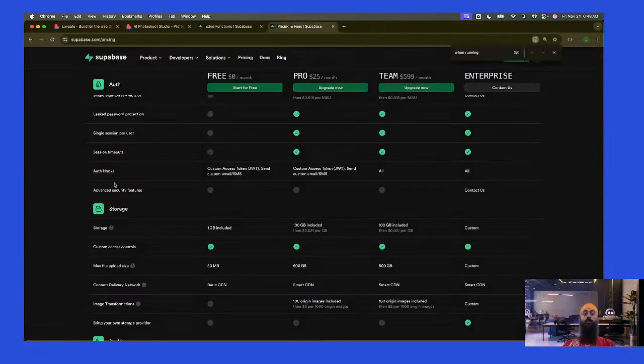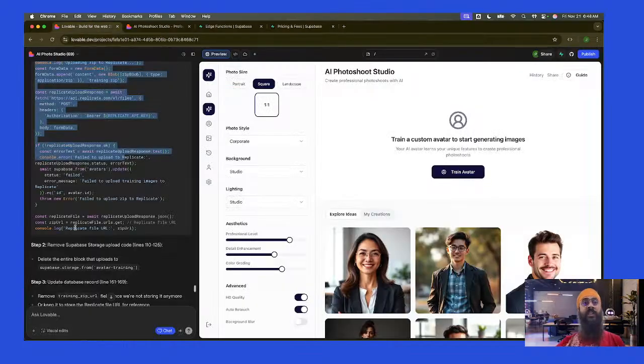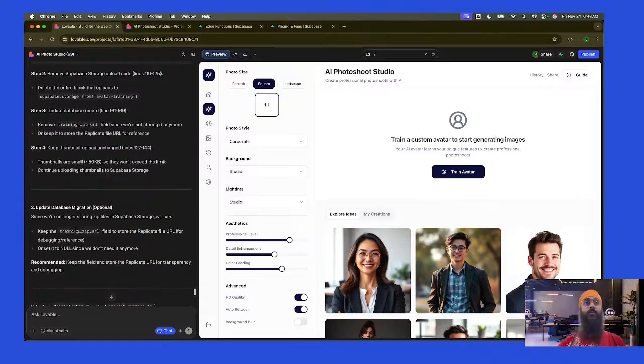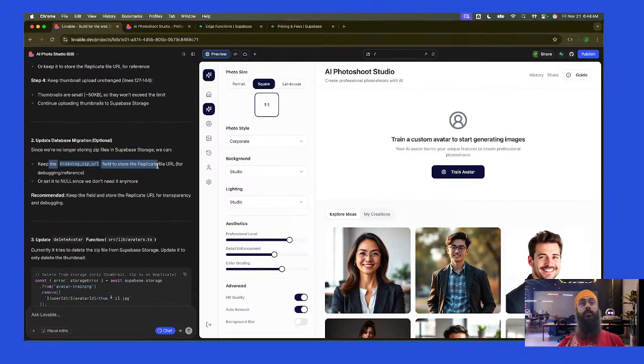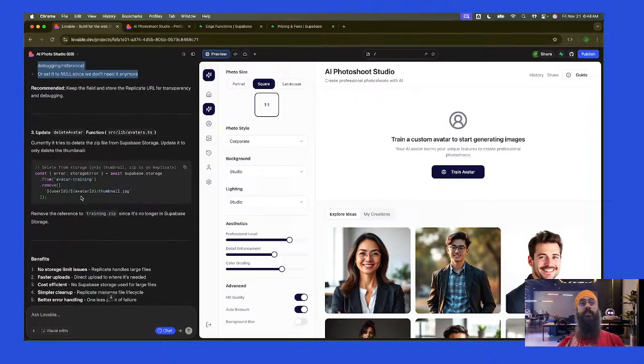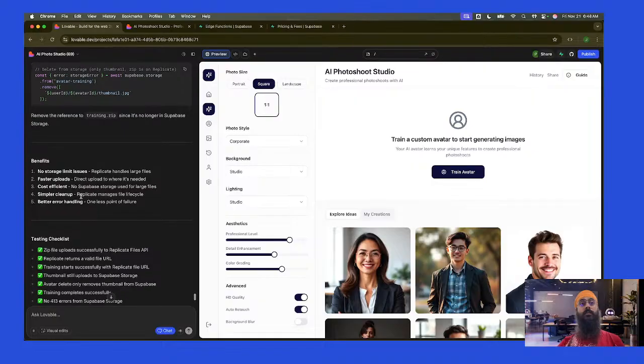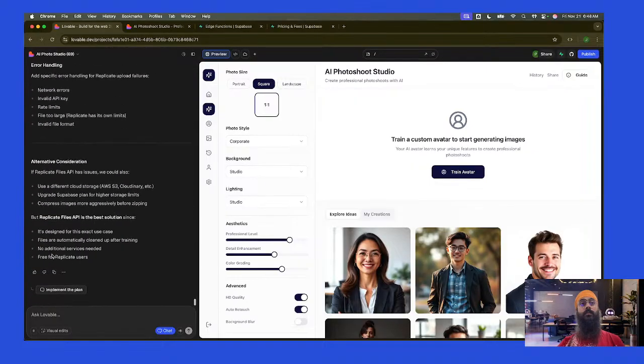Okay, that's fine. Let's see. Remove supervised storage, upload code, update database migration, update, delete avatar.